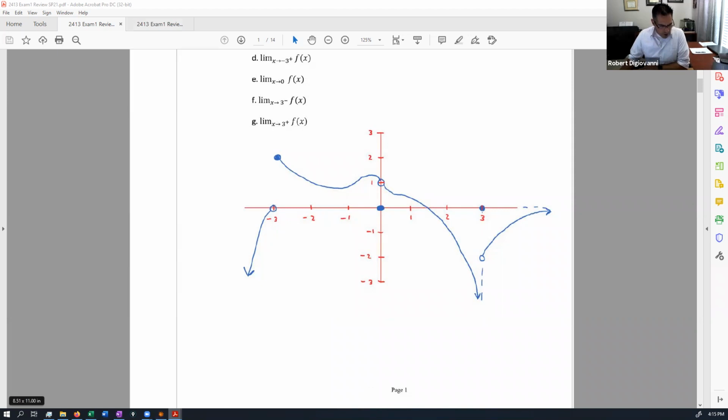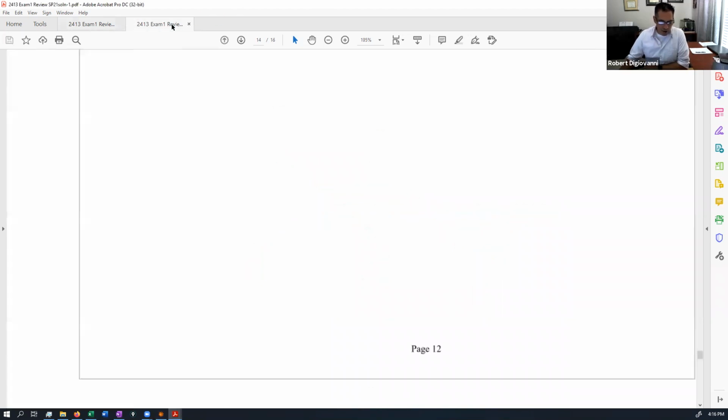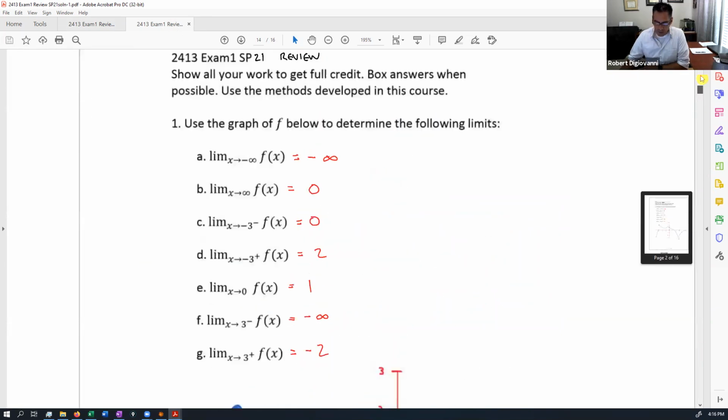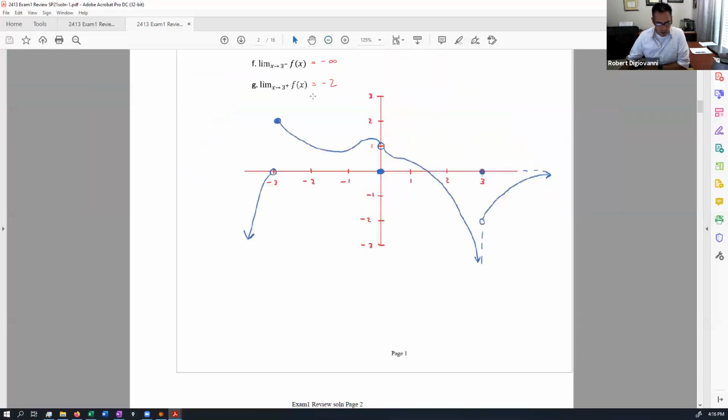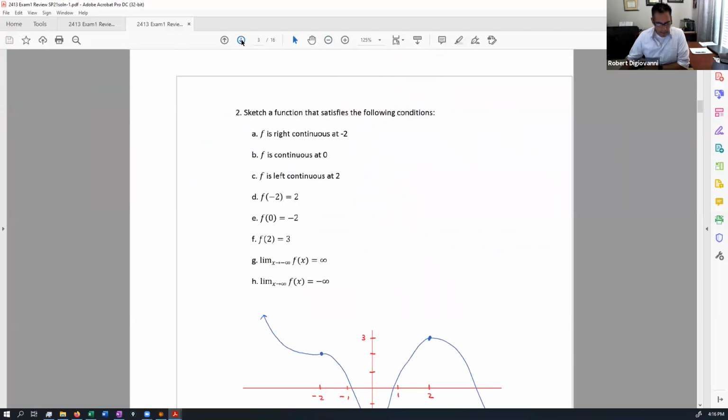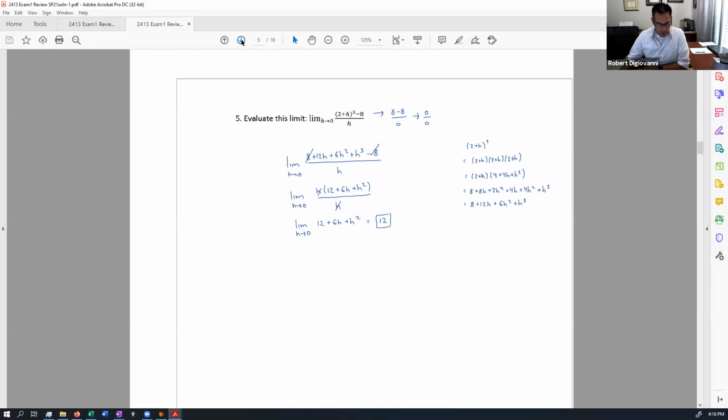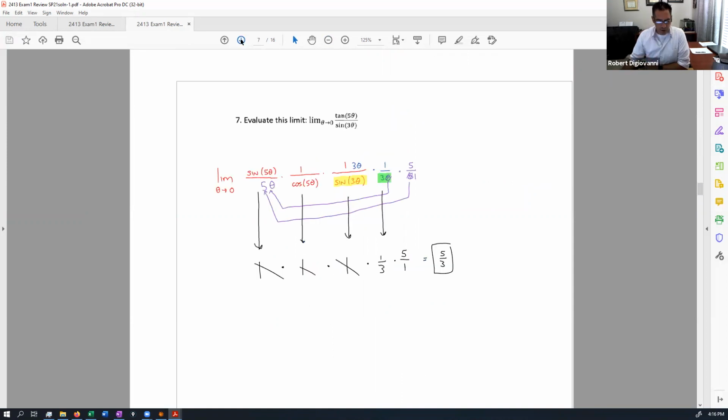Okay, you know what? I'm going to show you the solutions instead, because I already sent those out. A couple of things I wanted to point out on the solutions to this review. This first exam review, like I said, was given last spring. I just copied it and gave it to you. When they took this exam, they did not have the shortcut rules yet. So when it came to problems for derivatives towards the end,